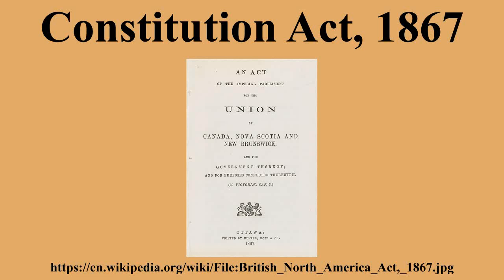Part 10. Intercolonial Railway. This part has only one section, which obligates the federal government to construct a railway uniting all the 4 original provinces. Part 11. Admission of other colonies. Section 146 allows the federal government to negotiate the entry of new provinces into the Union without the need to seek the permission of the existing provinces. Section 147 establishes that Prince Edward Island and Newfoundland would have 4 senators each if they were to join Confederation.